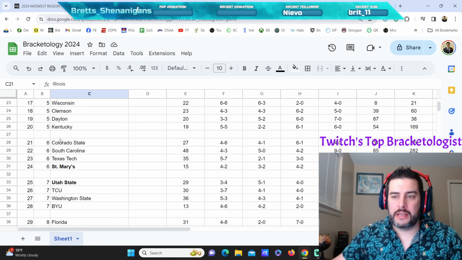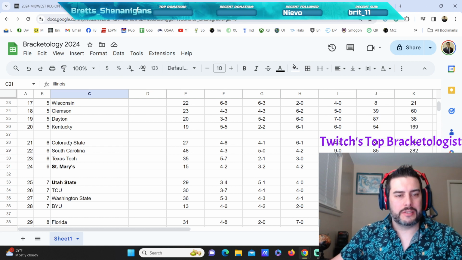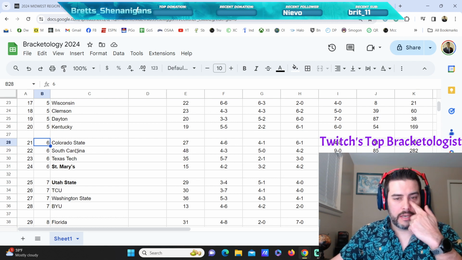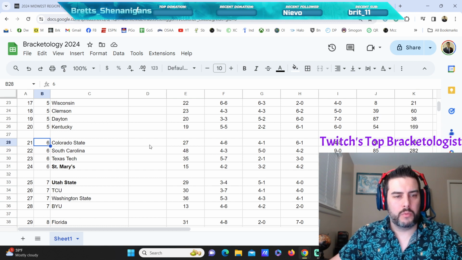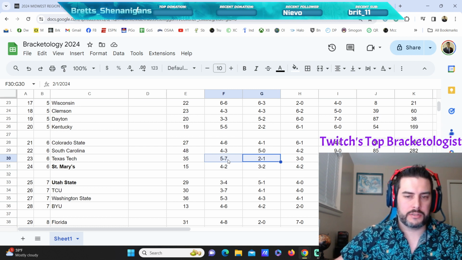Now here's where it starts getting interesting. Probably the hardest thing to do as a bracketologist is to seed 6 through 10. Well, really 6 through 11. Because there's a lot of variance. You start to get weird resumes, teams that might have atrocious non-conference schedules, like Texas Tech here, 306. That's really bad. But they don't have any bad losses, and they have a pretty good record against the top opponents,